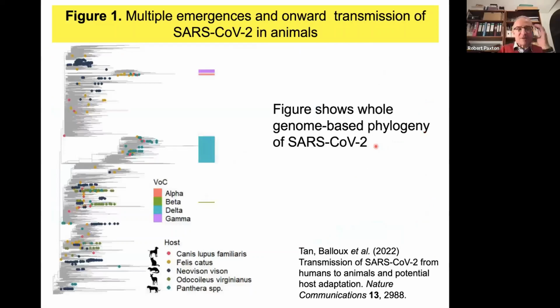Here is a phylogeny of SARS-CoV-2. It looks like a very complicated phylogeny, but what it shows is that most of these genomes, these gray bars here, have been taken from humans. In some cases, the virus has gone on to infect dog, domestic cat,